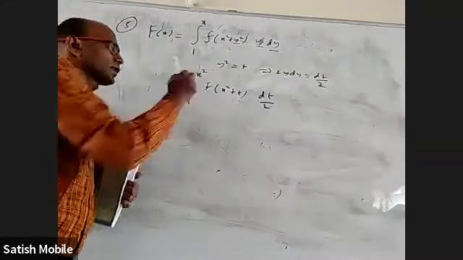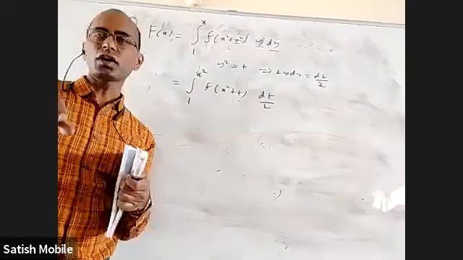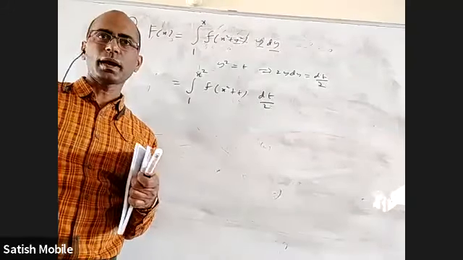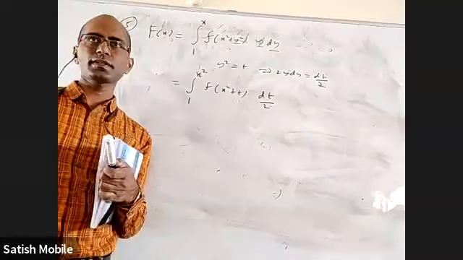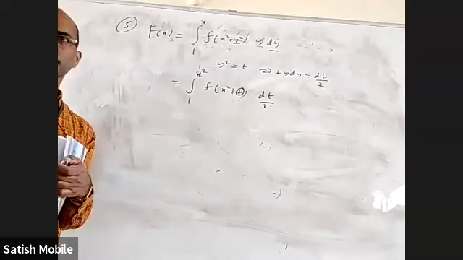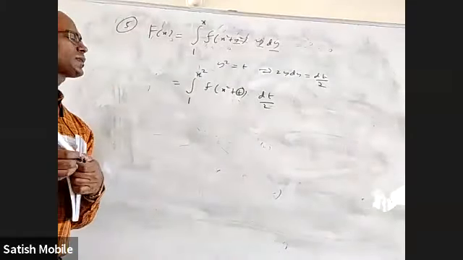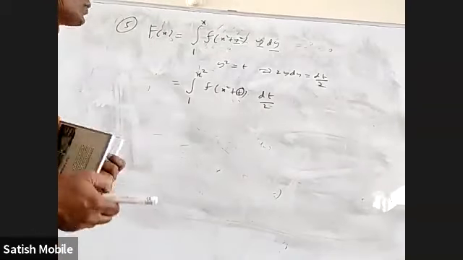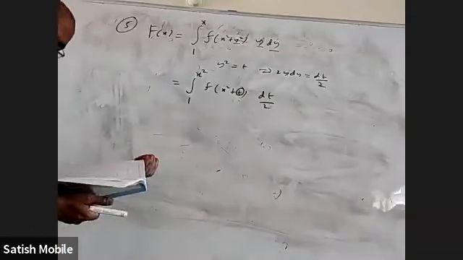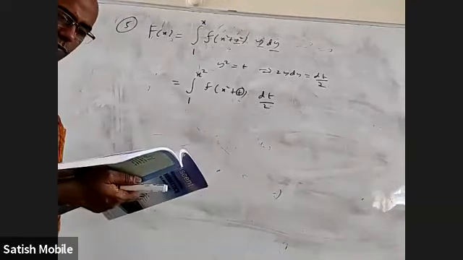Then how to avoid? We have this formula, integral a to b f of x dx is integral a to b f of a plus b minus x. I can replace x with a plus b minus x. I can replace t with what? 1 plus x square minus t. Is it going to help us? No. Okay. So then I think we have to use the partial differentiation part only here, unless they did not give. Just a minute.